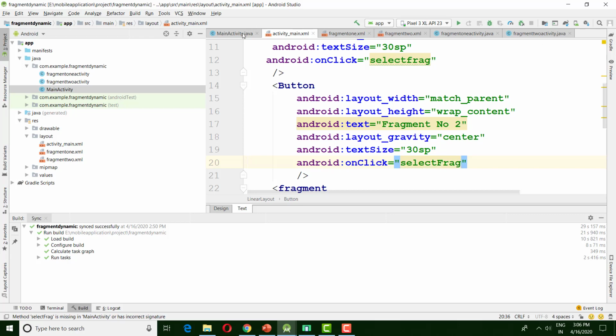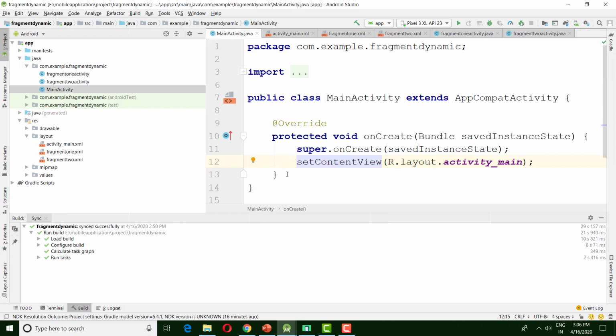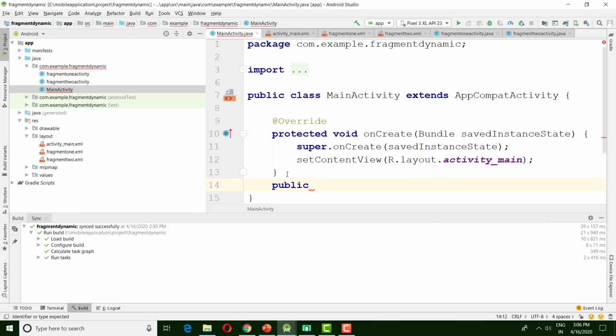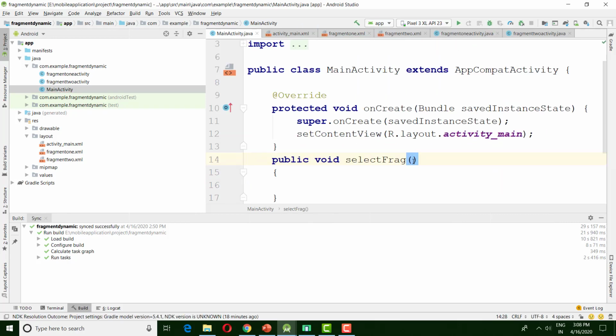Okay, now go to the main activity file and define a method selectFrag, public void selectFrag, with parameter View.